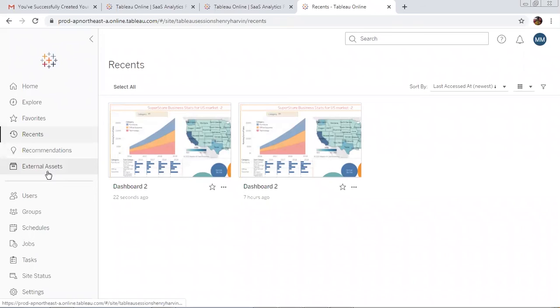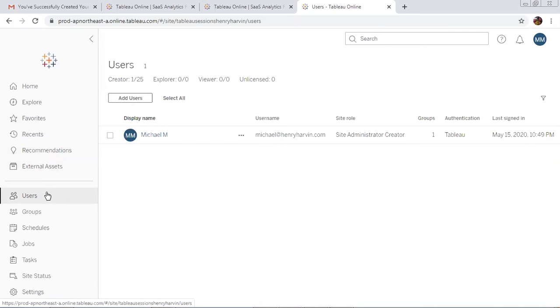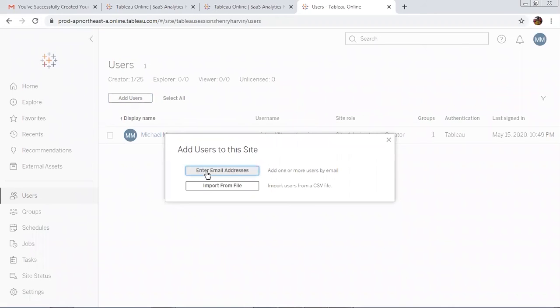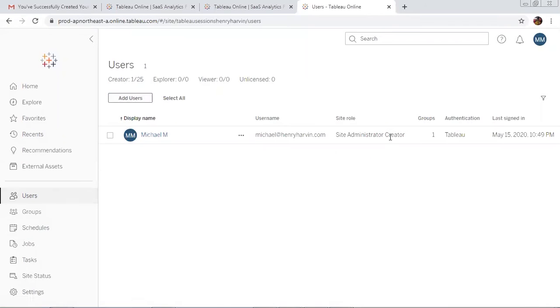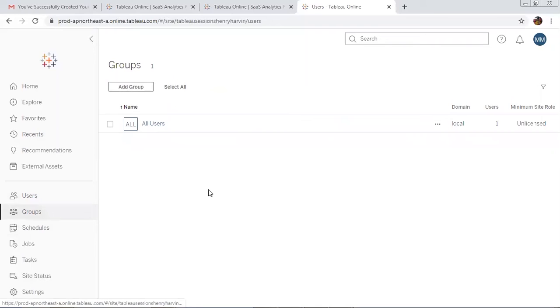Then I have users. If I would like to create more users and give them the type of access I want to give, I can do that over here in the users. Right now I am the only user, so I am the site administrator. If I would like to add more, I can click on add users and enter their email address, or if I would like to upload them using a CSV file, I can do that. Right now I don't want to. Then, if I have multiple users added, I can create a group of users and give them specific